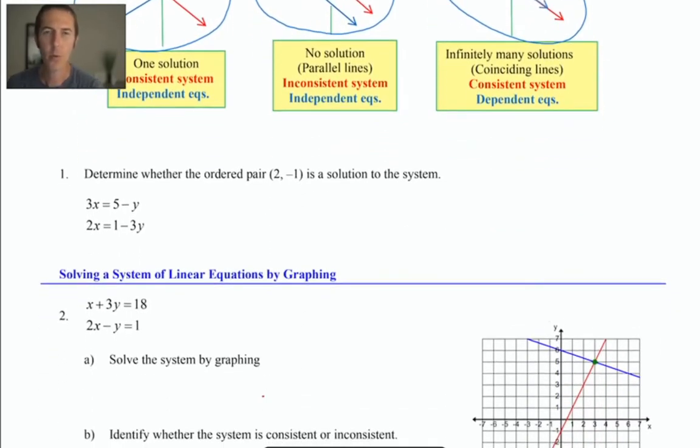What does it mean for a system of equations to have a solution? It means that there is a point, or potentially more than one point, that satisfies both equations. Number one here gives us the opportunity to demonstrate that. We're asked to determine whether the ordered pair (2, -1) is a solution to the system. It's very easy to make that determination. We simply plug these x and y values into both equations